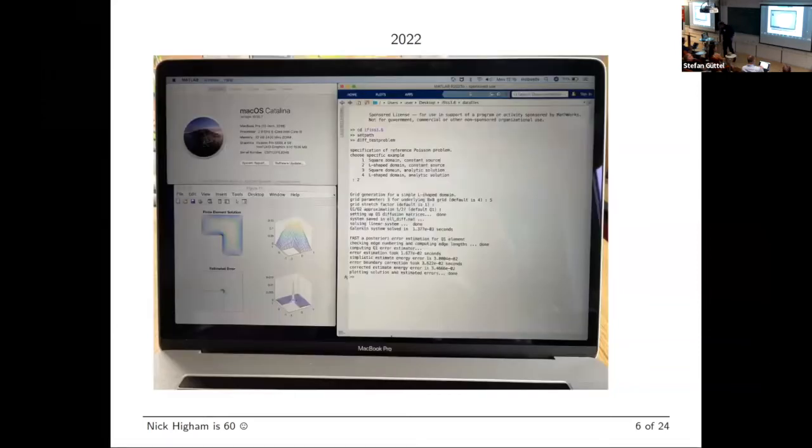And then last week, now my laptop, you can't see it so clearly, I will magnify it. That's 32 gigabytes, by the way. That's 1,000 times more memory. And it's the same solution. The graphics has changed a little bit in MATLAB over the years. This isn't MATLAB 5.2 anymore. But it's about 1,000th of a second, so it's 100 times faster. So I like that. I like the fact that you can run IFISS 20 years ago and still get the same result, essentially, today.